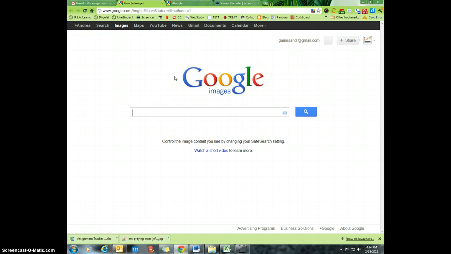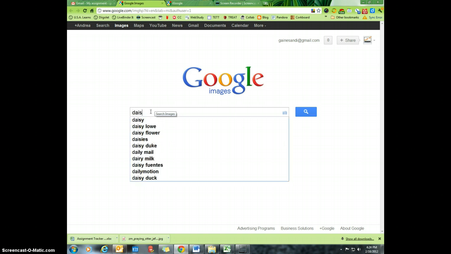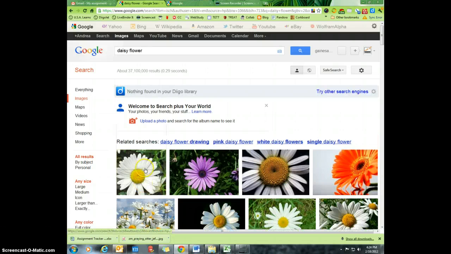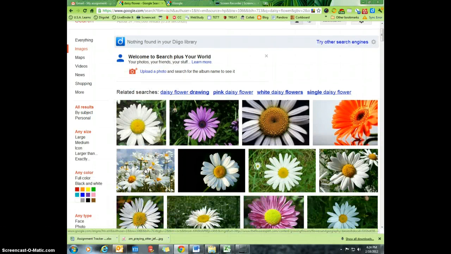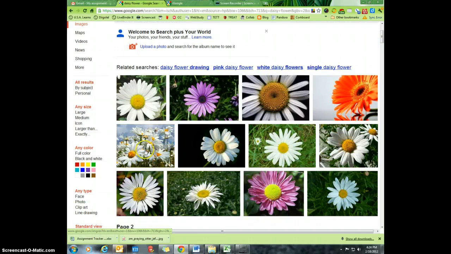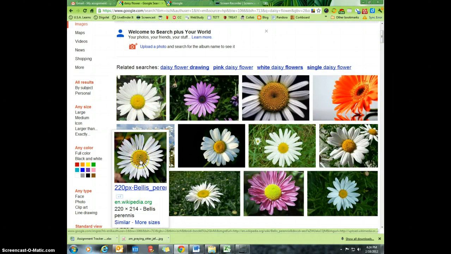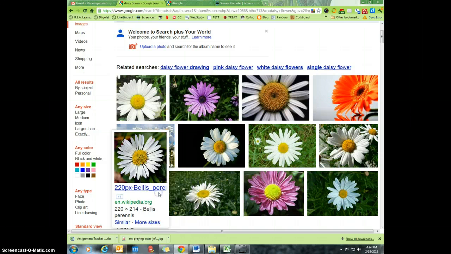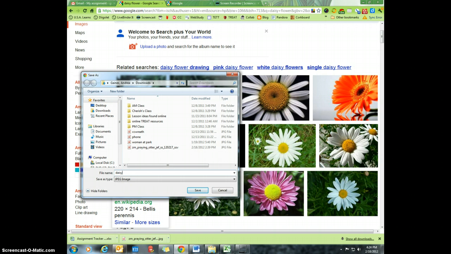First I want to show you, if I click on images, I can search Google Images. So if I want to find a picture of a daisy flower, let's say, to possibly add as my picture on my Google profile. Sorry, I'm taking a little bit of a sidetrack here. I'm sidestepping before we get to Google Groups. But say I want this picture of the daisy. If I right click and I save the image as daisy on my computer,